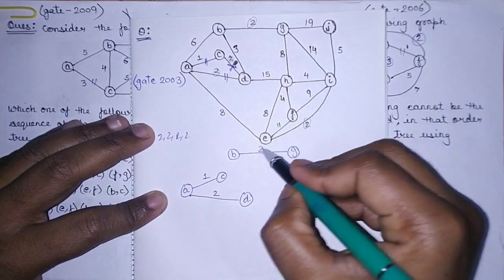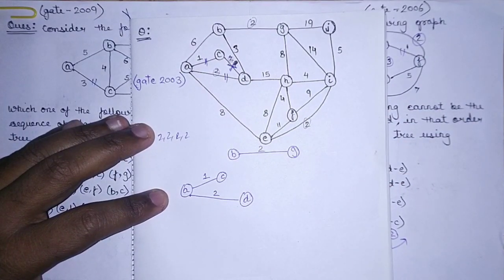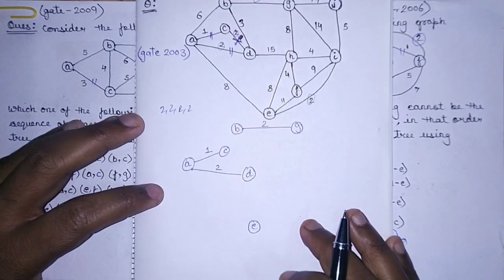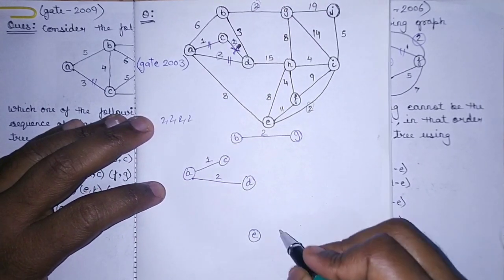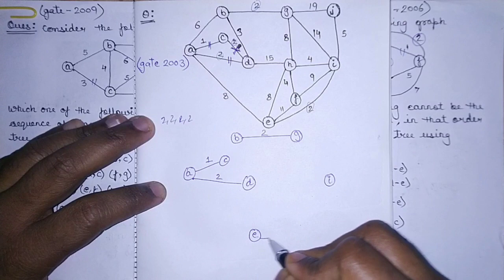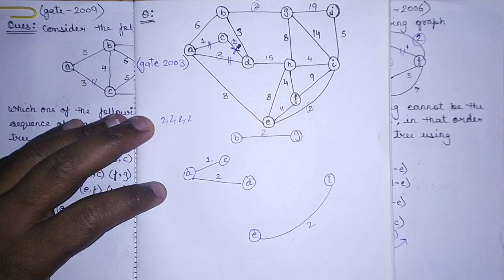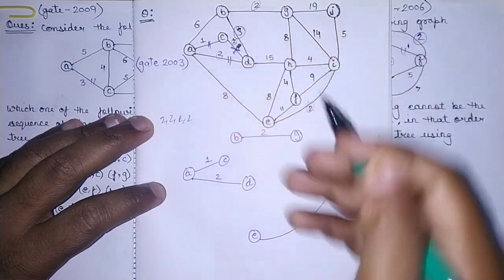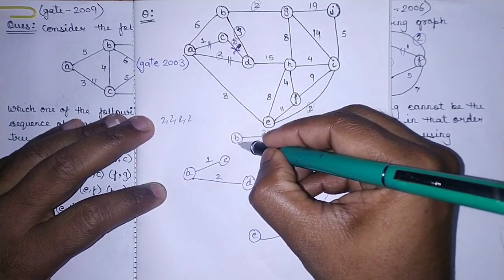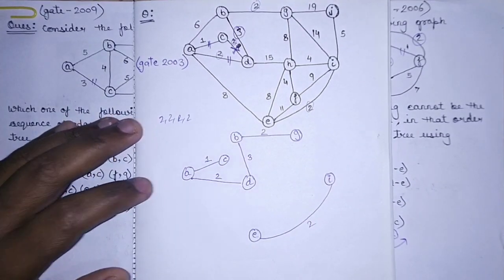Now see, here I have E to I. This is also 2. I can take E to I because it is also not forming any cycle as of now. So I am taking E to I, which is 2. This has been taken. Now which is the next minimum value? Next minimum value is 3. You can see after 2 there is 3 and no other edge has 3. So can we take 3, B to D? Yes, we can take B to D because it is not forming any cycle. So this is also okay.